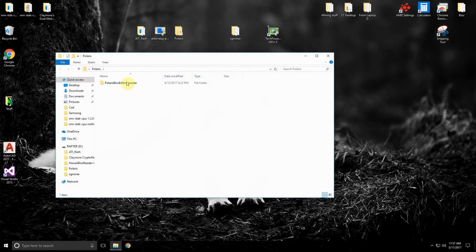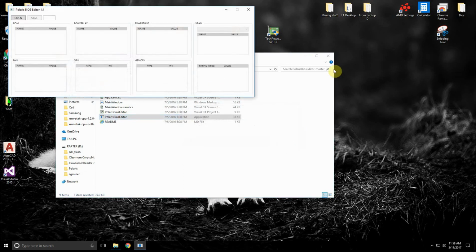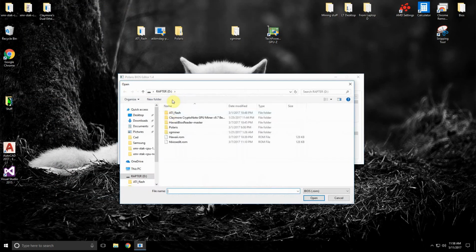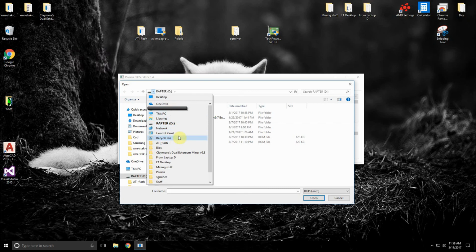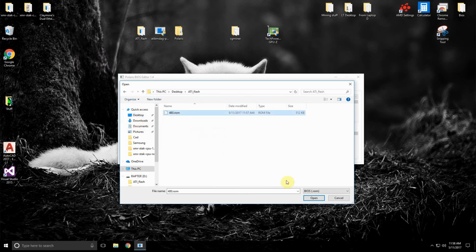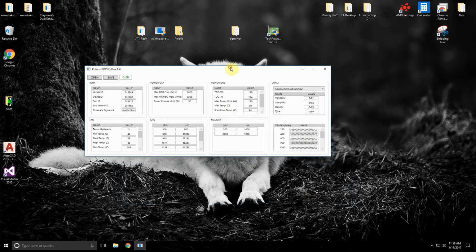So now you're going to want to open up Polaris BIOS editor. Yes, we're okay with that. Open. Then you're going to want to go to Desktop. You're going to want to open this here. Okay, and so here's what